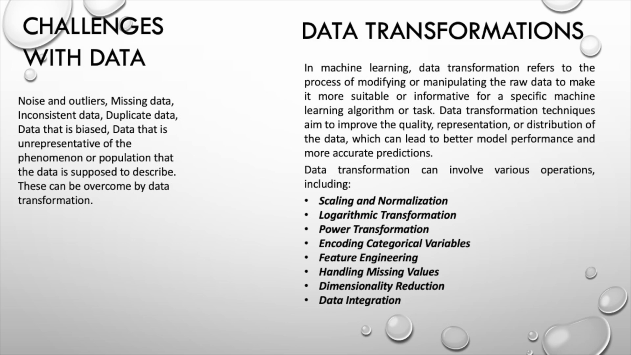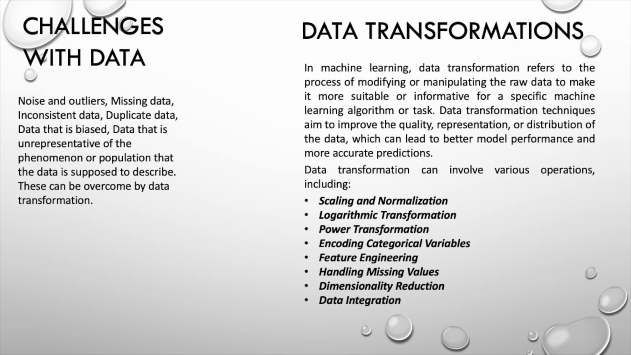Applying a logarithmic function to data can help handle skewed distributions and compress large ranges. Logarithmic transformation can make the data more symmetrical and reduce the influence of extreme values. A power transformation. Power transformation, such as the Box-Cox transformation, adjusts the distribution of the data by raising it to a power, lambda. It can help stabilize variance, normalize the data, and make it conform more closely to a normal